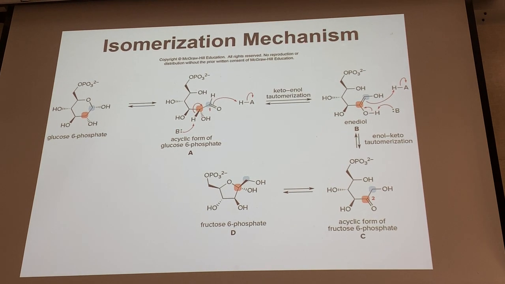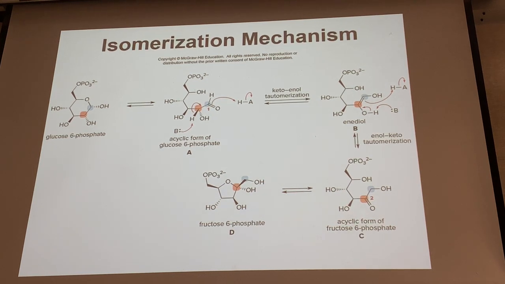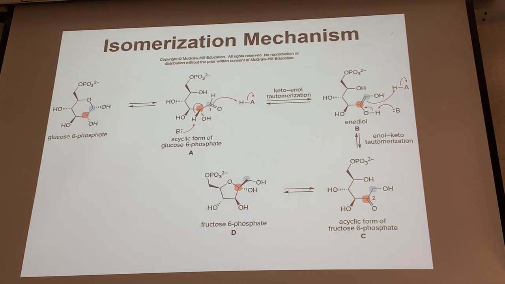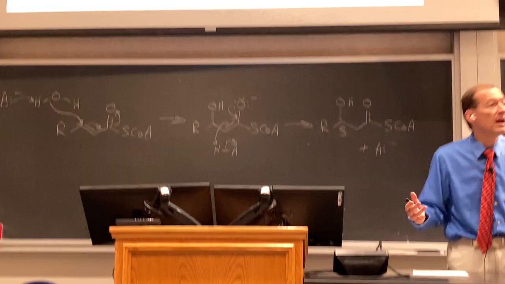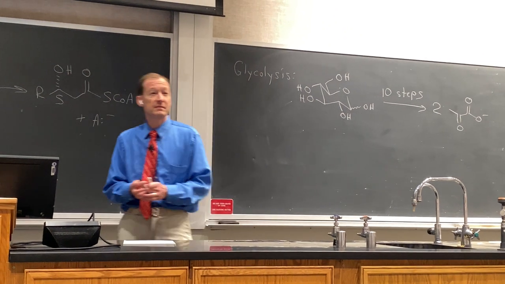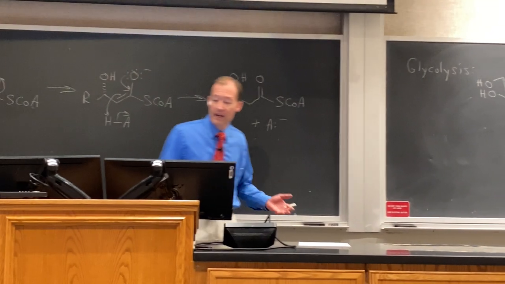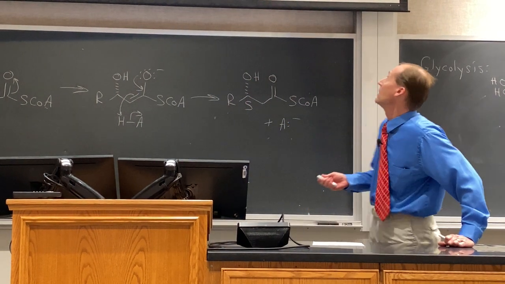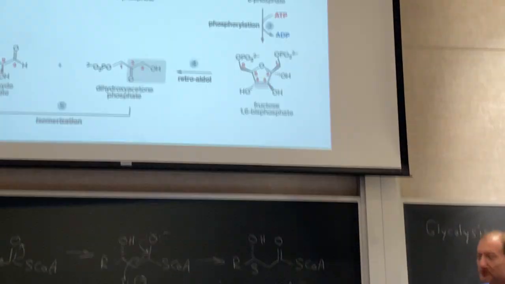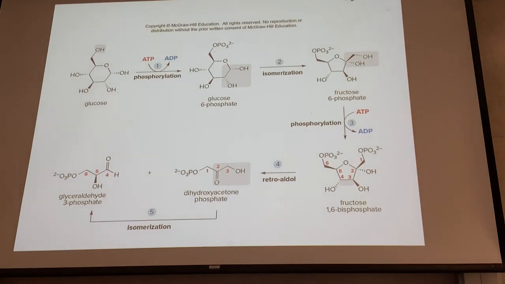Okay? And then, of course, that open chain ketone is going to be in equilibrium with the cyclic hemiacetal form. Any questions about the isomerization of glucose to fructose? Okay, so going back to our cycle, once we have fructose 6-phosphate, we've now revealed another primary alcohol, and that